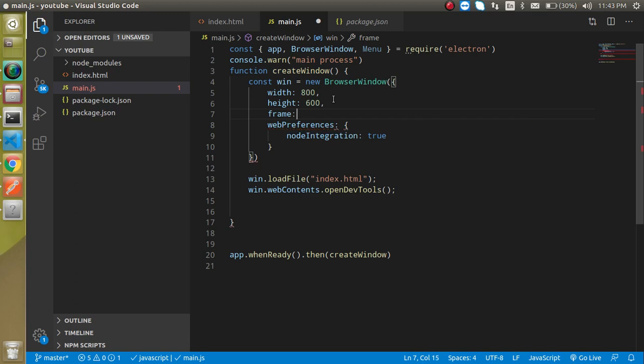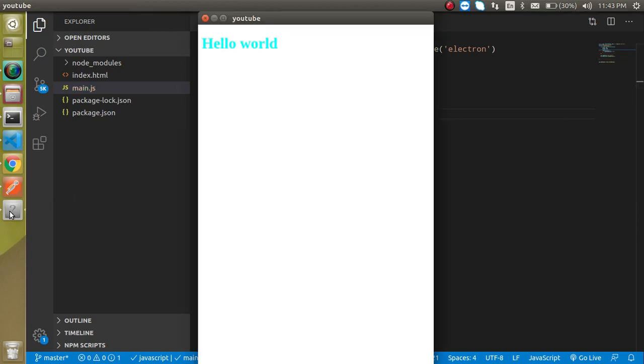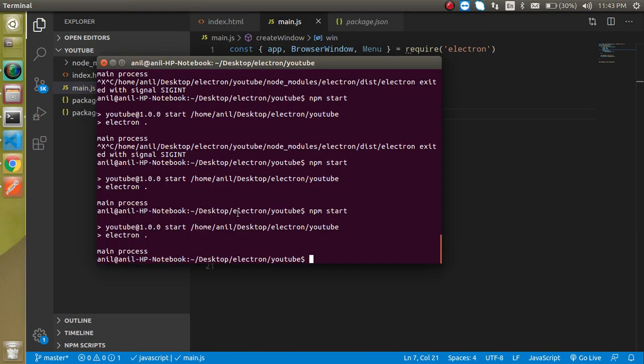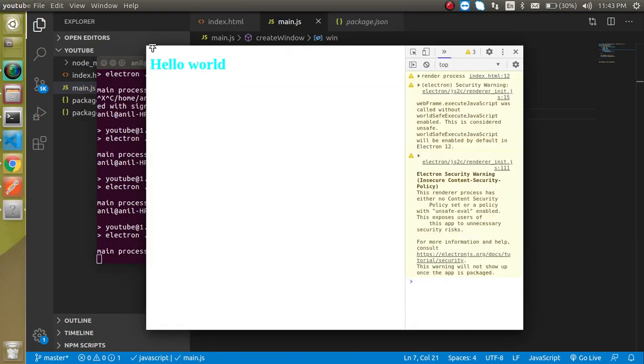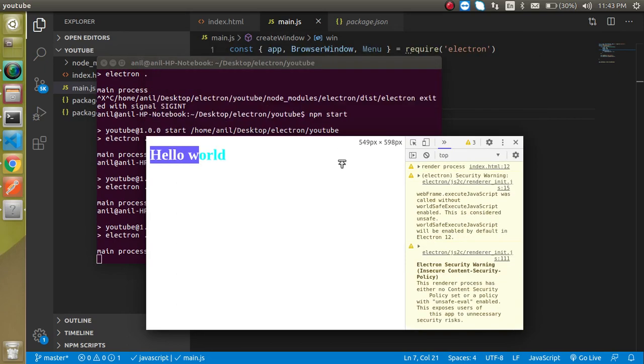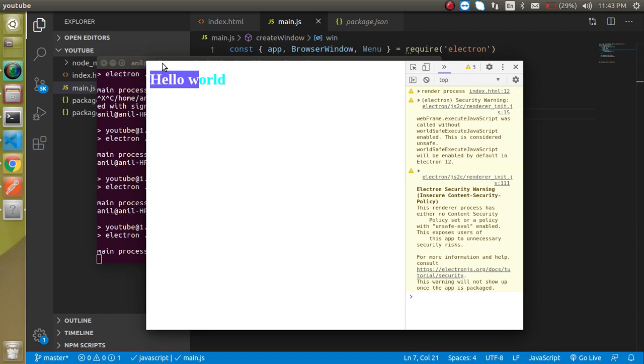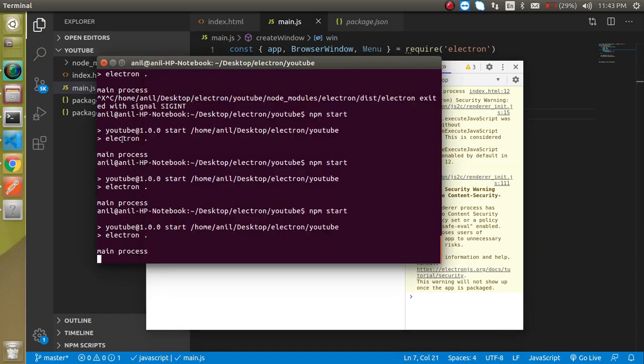And if I put here frame false and restart it, then you will find that this title bar will be hidden from here, right? So let's restart it for a moment, and here you can see that we don't have any header now, and we cannot even move it. Yes, we can resize it, but we cannot move it without the header title bar, right? So this is another interesting property.